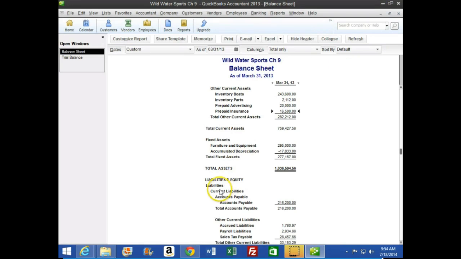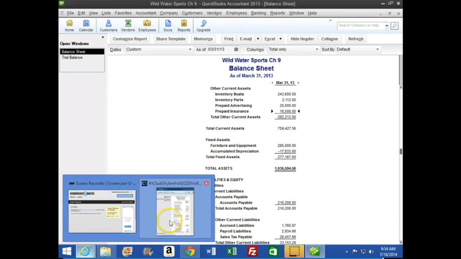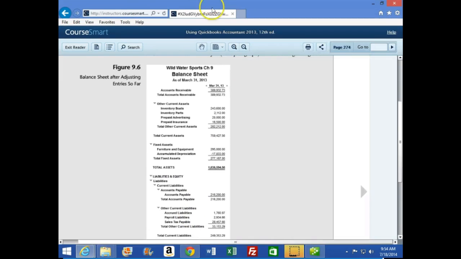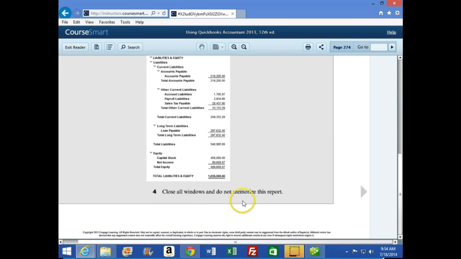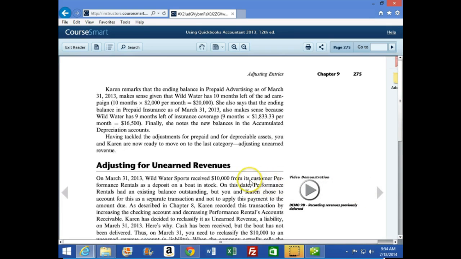All right, so then it says, let's see, make this large. And then number 4 says close all windows, do not memorize the report. Okay, and then we will